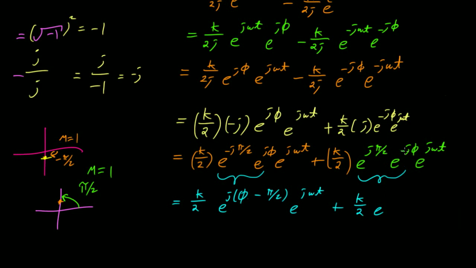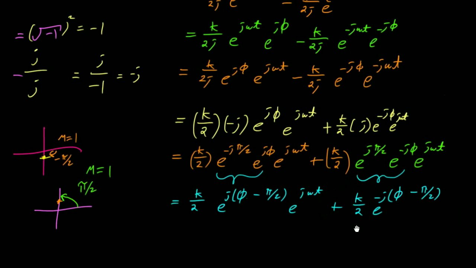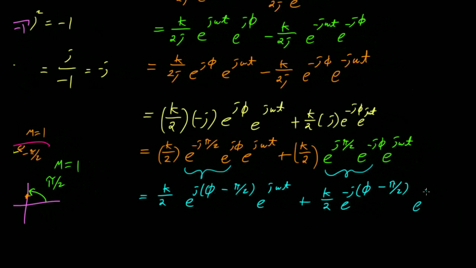Now I'm going to do the same thing over here, but I'm going to factor out a minus j, because I want this to be my complex conjugate. When I factor out a minus j, I get the same exact thing: minus pi over 2 plus phi. And now I'm just going to switch the order, so I get phi minus pi over 2,